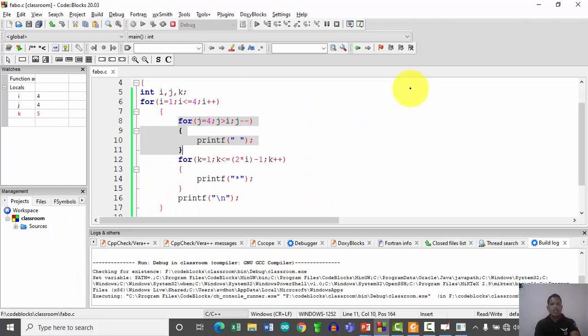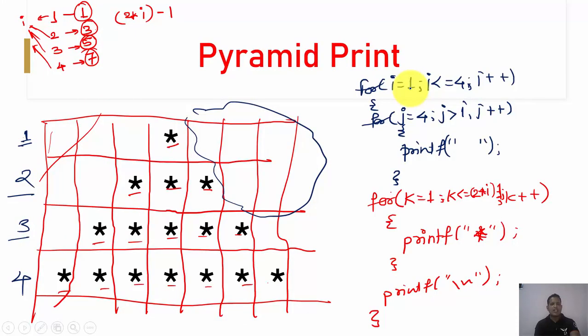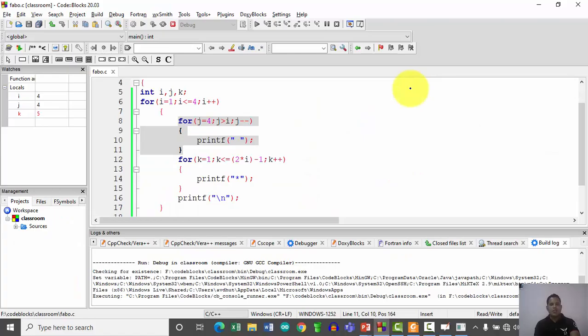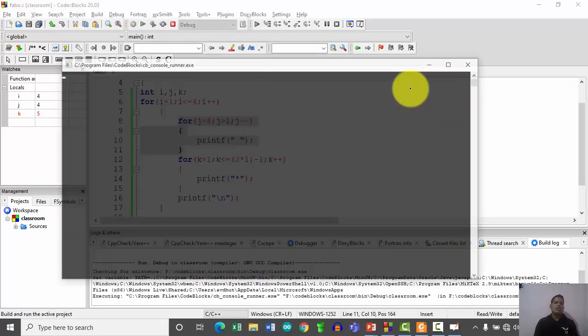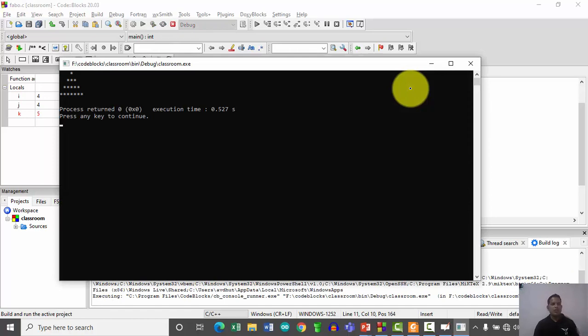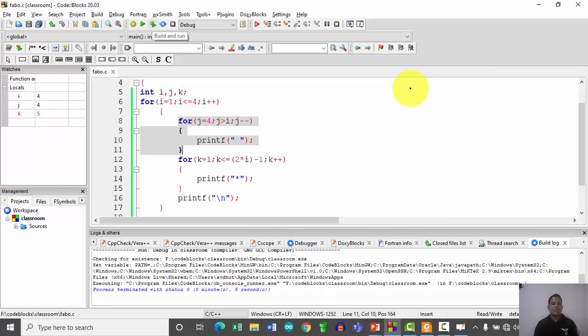And then K is equal to 1, so 2I, initially I is 1, 2 into 1, minus 1, is 1, so the first character gets displayed. For the next line, that is when I is 2, then it is 4 minus 1, 3, so the 3 characters will be displayed. So when I run my code, simple, I am there with this output, right? So in this way we can print the various patterns using the loop control statements.